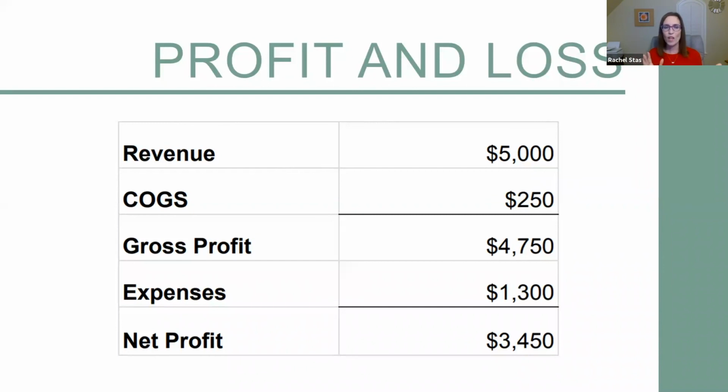Now that we kind of have a grip on what, I'm sorry, I moved too fast. So those are your expenses. And then after you take that out, you have your net profit. Now, net profit is a very important line. Everything that we talk about from here on out when it comes to taxes and stuff like that, we're going to be using your net profit number. So that is what is going to be taxed in the long run.